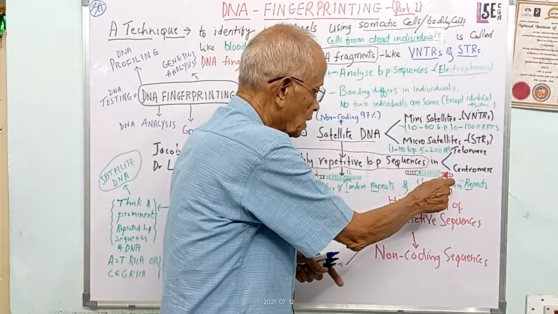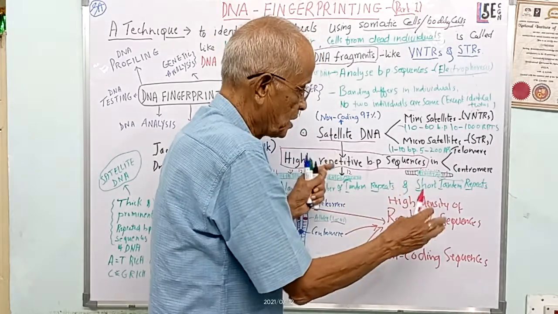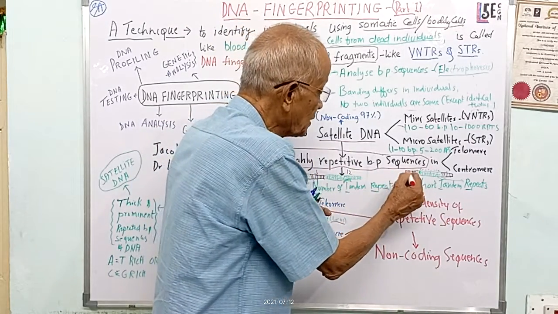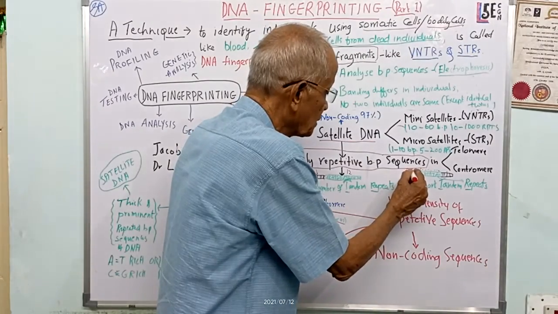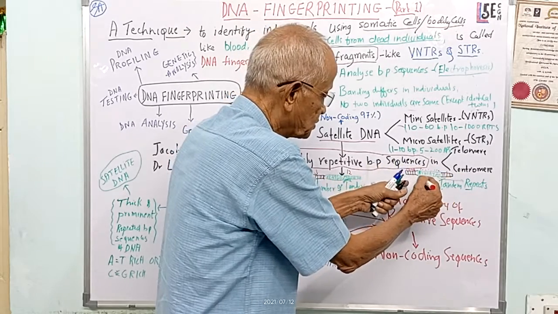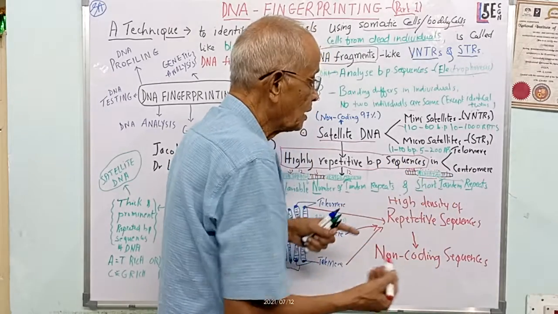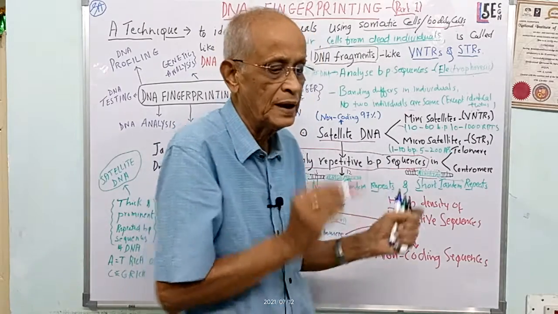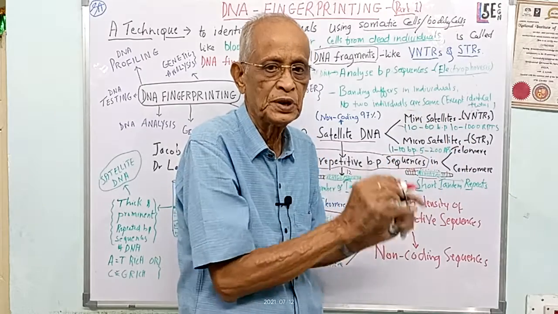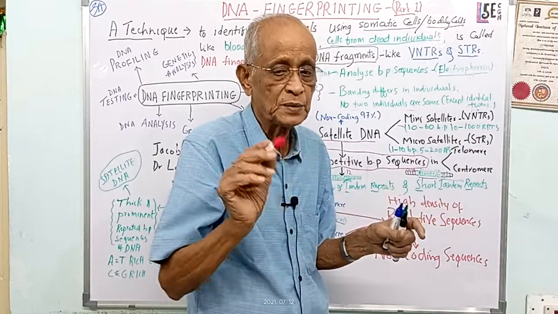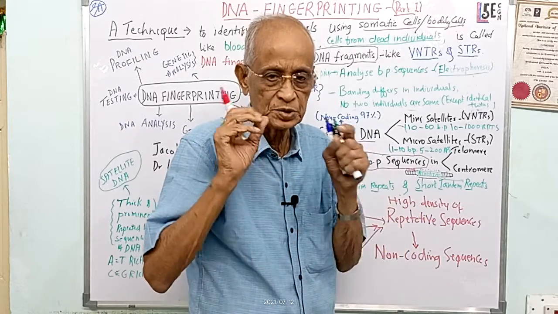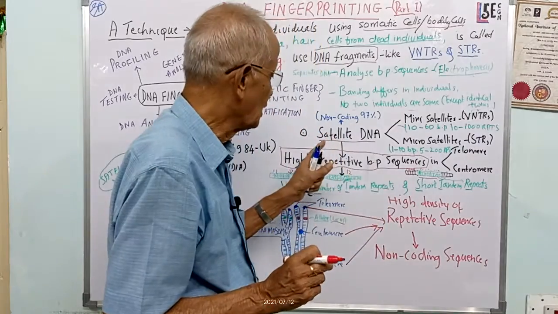And these two are the constant. They will not change. They may have different sequence types. They may contain cytosine, guanine, thymine, adenosine, like that. So they are different. But this stretch will show tandem repeats. Tandem repeat means A, T, A, T, A, T, A, T, or it may be C, G, C, G, C, G. It will not be A, T, C, G, A. It will not be there like that. So A, T rich or CG rich areas will form the satellite DNA.